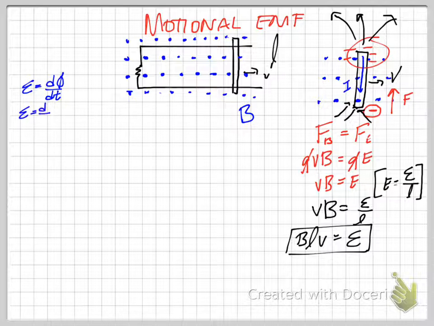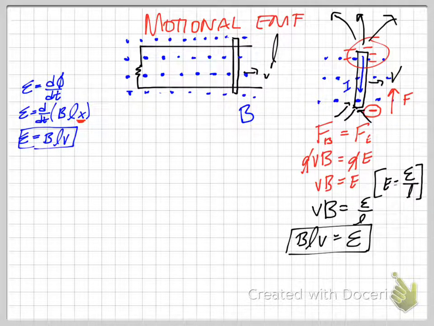So it's the change in our magnetic field, which is staying constant, times our area. In this case, our area is that length times that x dimension. Now the only thing that's changing in time is this x dimension here. And so the time derivative of that x position is just the velocity. So from that, the EMF is B times L times V,